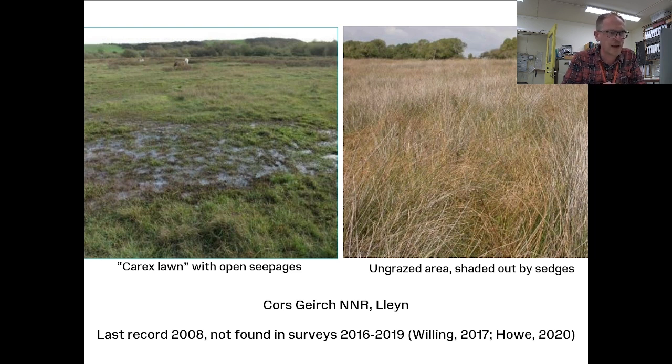So this is quite a rare habitat, and it's easily destroyed. It can be destroyed quite rapidly by sedges simply growing in it and then shading it out, and then it's no longer suitable for Vertigo geyeri. And this place is Cwrs Gerch on the Llŷn, and the species was last seen there in 2008. Martin and Mike Howe have been there to do a lot of survey work in recent years, but they haven't successfully found it there, I'm afraid.